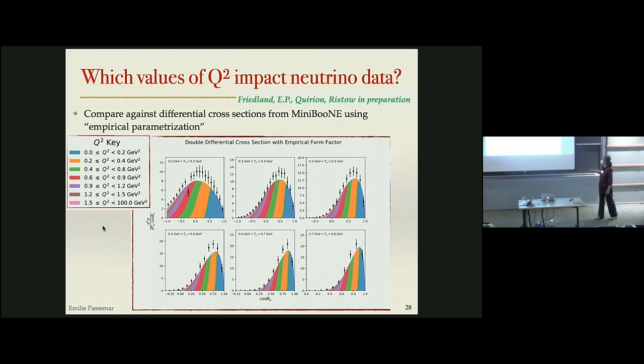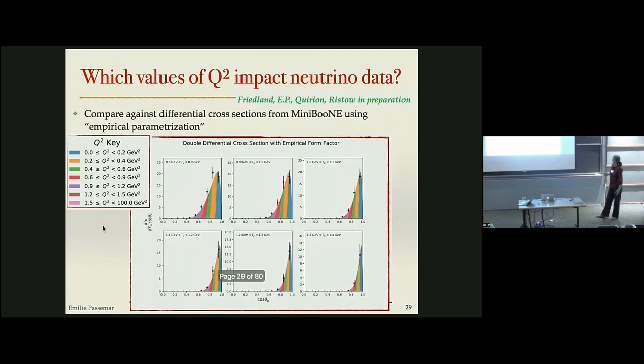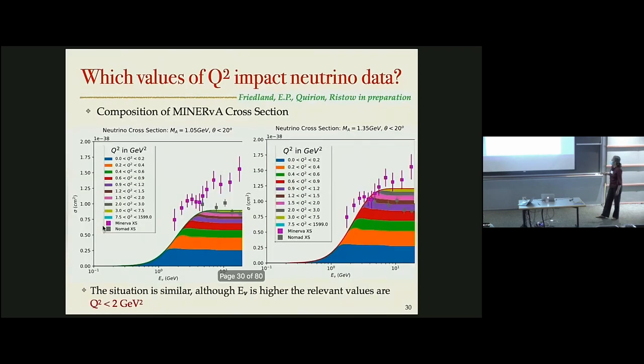And you see that the agreement is quite good. So these are for different values of the energy of the muons. This is for MiniBooNE. What about MINERvA? I can play the same game for MINERvA, using the integrated cross-section for low value of the axial mass, high value of the axial mass,